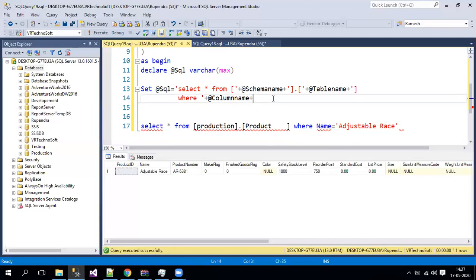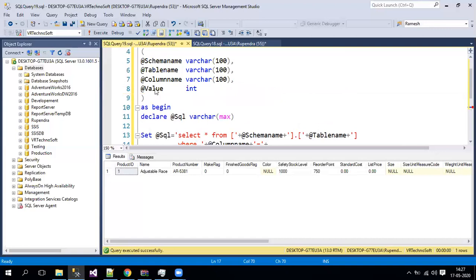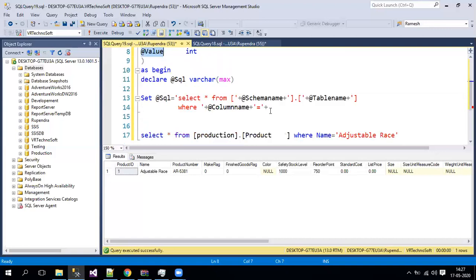To make it static, again you should start with a single quote, then equals to, and then a single quote. Whenever you are keeping anything static, start with a single quote and end with a single quote. That is mandatory. And then again plus. Now even this value comes from a variable, they're saying, right? So just copy this variable, that is value, and keep it over here.